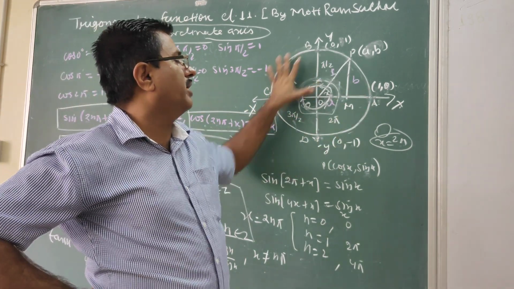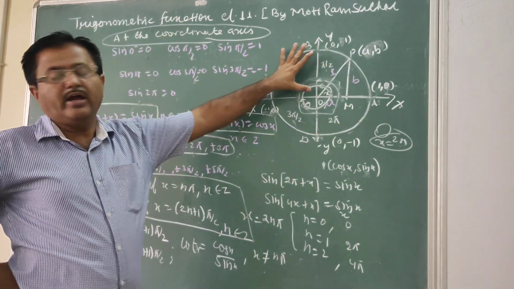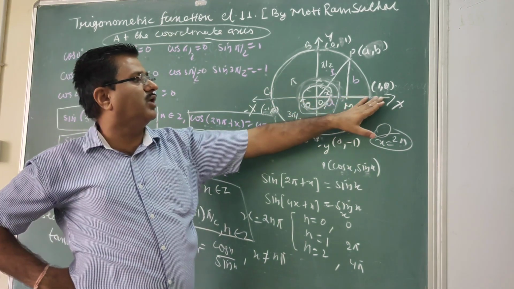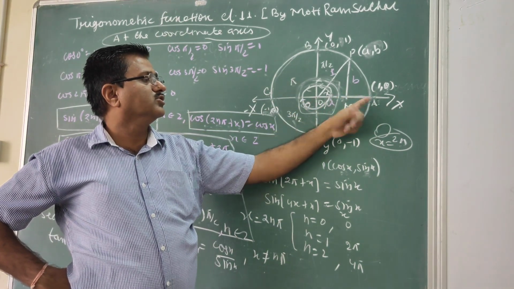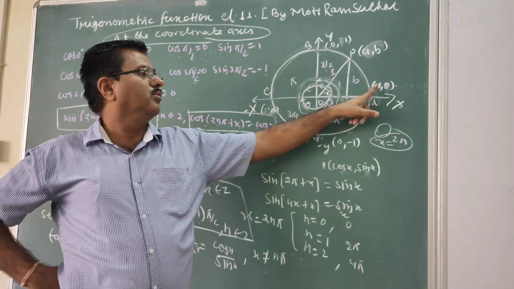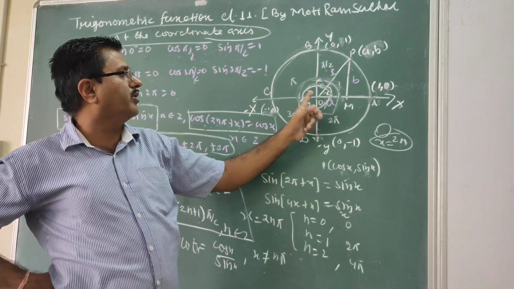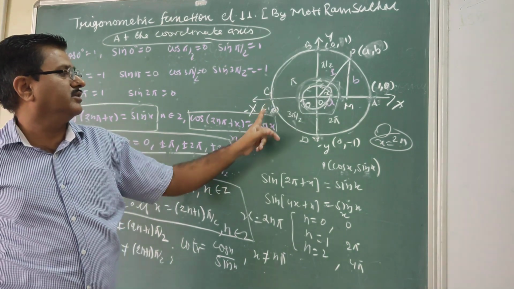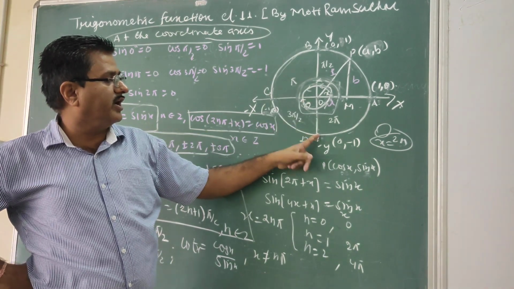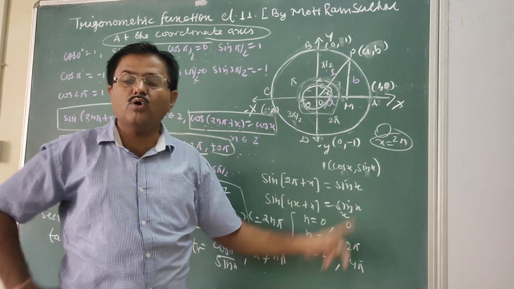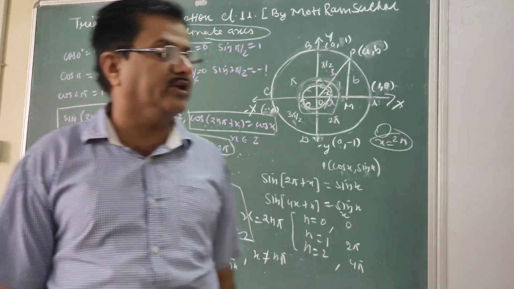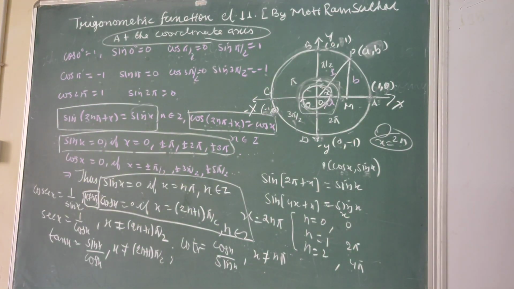This is a very important circle. All trigonometric basics will depend on this. And we are taking here radius as 1, that's why this is 1 unit. So the coordinate on the x-axis is (1, 0). The coordinate on the y-axis, this is again 1 unit, (0, 1). The coordinate on the negative x-axis is (-1, 0). The coordinate on the negative y-axis is (0, -1). So at all coordinate axes, we have to find the value of the 6 trigonometric ratios. This is clear?